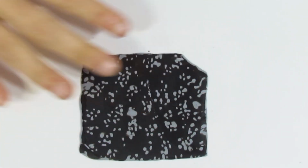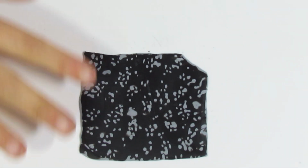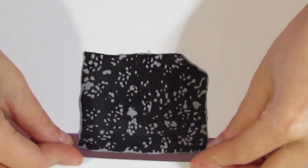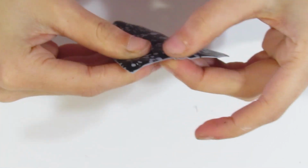Got a little bit more over here. Alright. Okay, got some coleslaw on me still. Alright, now also remember that we're going to be doing sanding, so if you see any tiny little bits and pieces that you don't like, don't worry about it, the sanding will take care of it. Right, now I'm just going to lift this up off of my tile, and it's still got that sticky back,